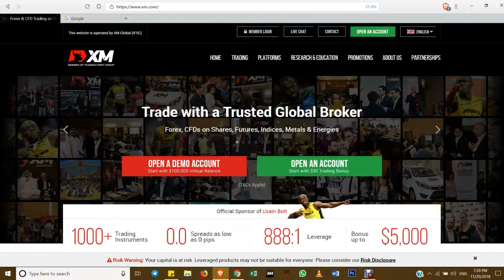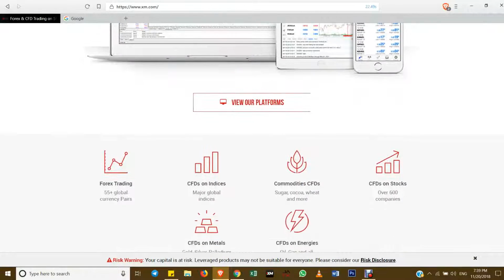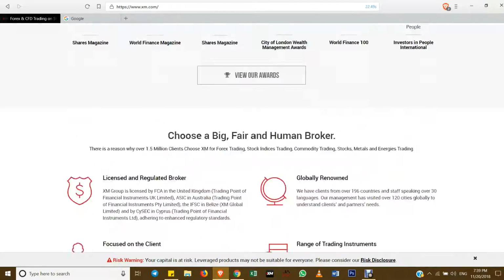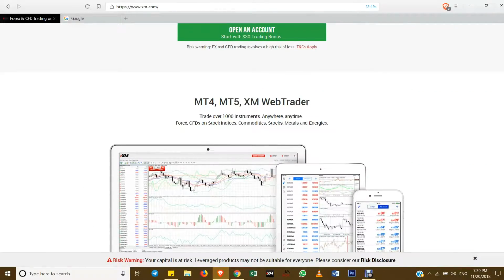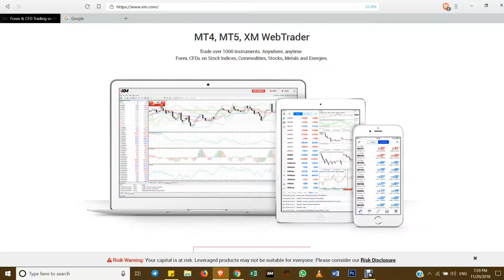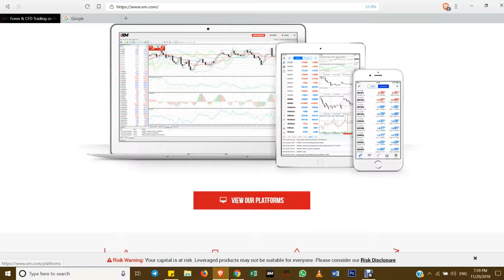So when you get to your broker's website, you should locate where the MT4 platform is. Okay, so let's see right here: MT4, MT5, XM web trader. The one we are going to choose is the MT4. So you just click on view our platforms,